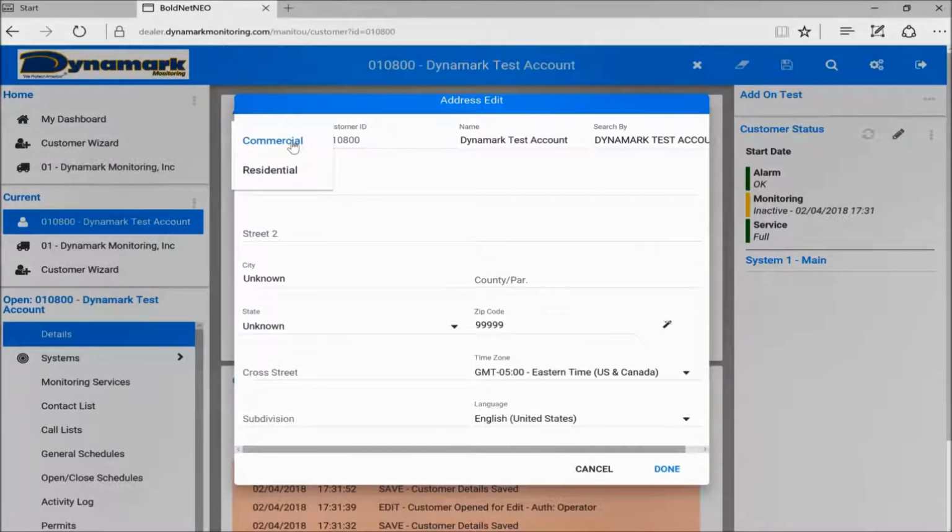So it's very important to remember that we want to select this, because by selecting commercial or residential, it's going to put programming into the account for default action patterns. For example, if commercial and there's a fire alarm, it pulls for us to dispatch first by UL code. In this case, we're going to put in a residential account,